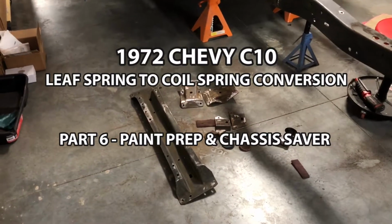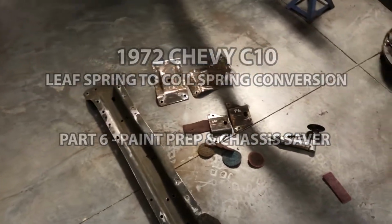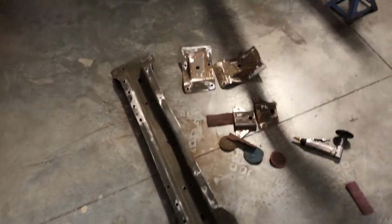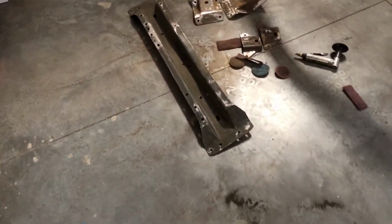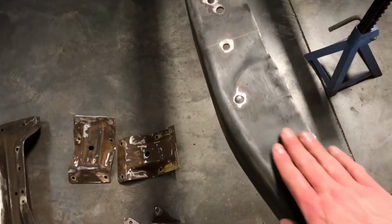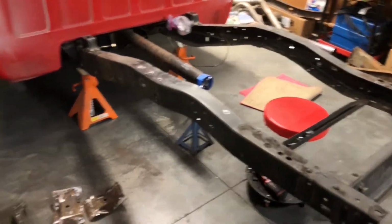Morning, day 6 here. We got in a little bit early this morning and started knocking these down a little bit. Hit them with a Scotch-Brite disc and knocked off all the heavy stuff on this cross member here and the frame. The frame and this cross member have been done by hand, so I've kind of worked these down. Everything's ready for just cleaning at this point and applying the chassis saver to the holes and to the bare